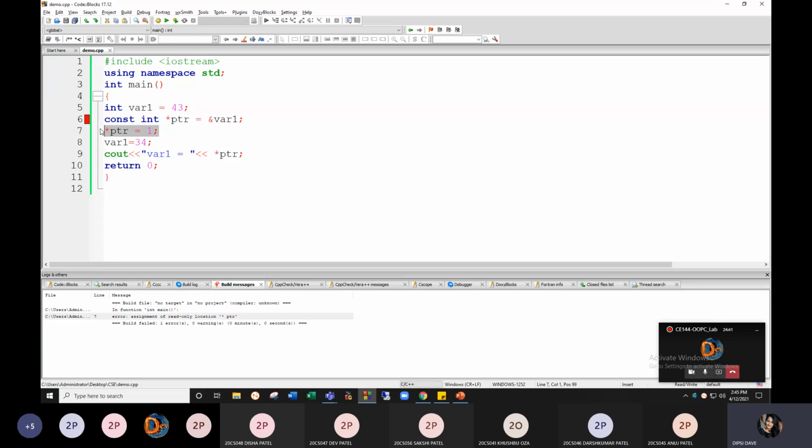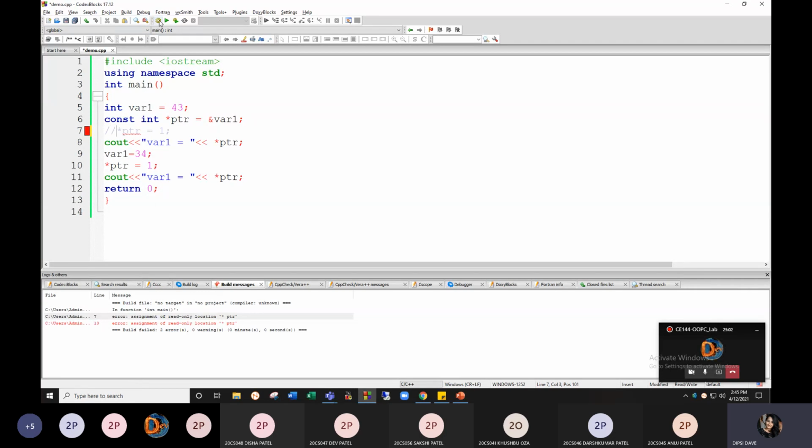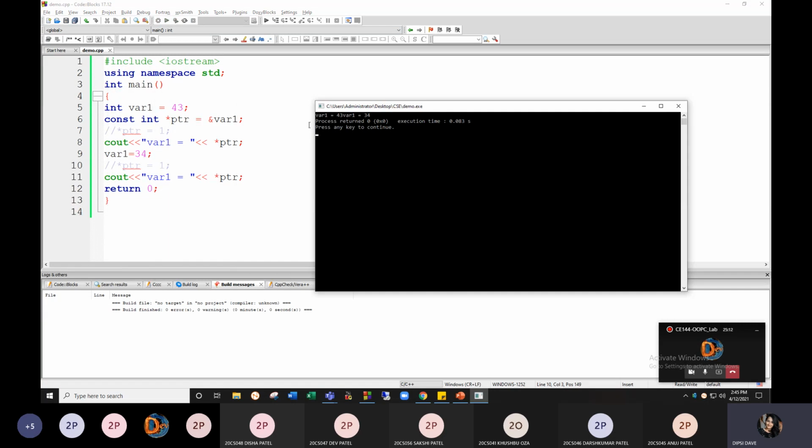See again, if I try to write this line, this is not allowed, right? It shows two different errors now. If this is not allowed, let's put it into comments. So let's put it into comments as well. As you can see, first it shows 43 and then it shows 34.